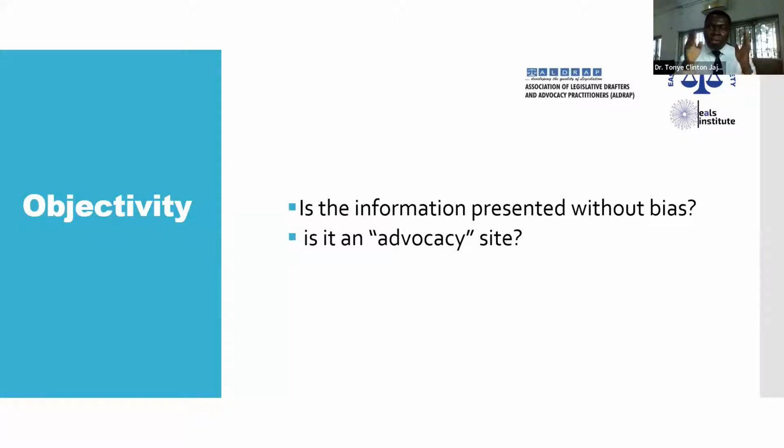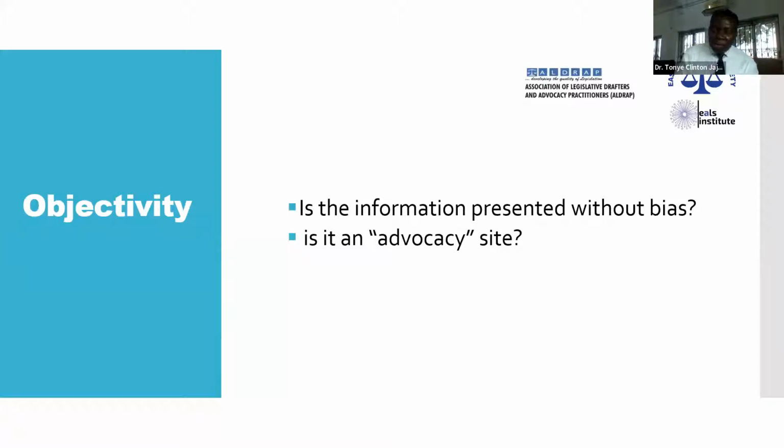What is the number of laws passed by the Nigerian National Assembly? I have given you a figure, 552. But if you go to another website of maybe an NGO that is against the government, they will tell you that it is 244 laws.